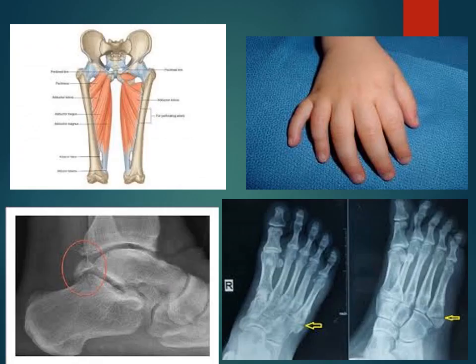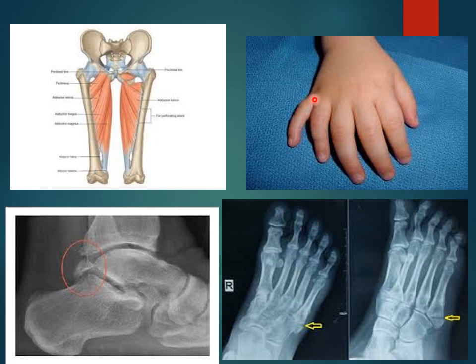So that is the os trigonum, which is the lateral tubercle on the posterior surface of the talus bone that remains unfused. Here you can see different supernumerary bones. As you have seen, this is the lateral tubercle on the posterior surface of the talus bone in the foot. If it remains separated and unfused, that is the os trigonum. It is labeled as an accessory bone. And the one here is the tuberosity of the fifth metatarsal bone. When it remains separated and unfused from the rest of the fifth metatarsal bone, then this tuberosity of the fifth metatarsal bone is labeled as os vesalianum. Again, it is a supernumerary bone.